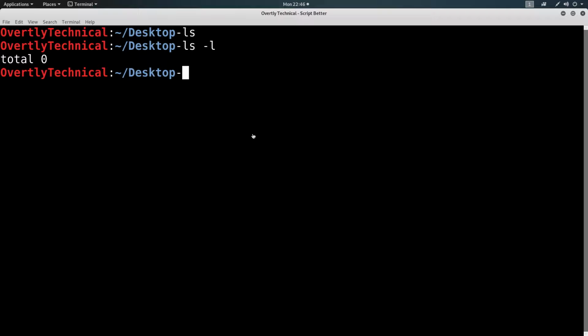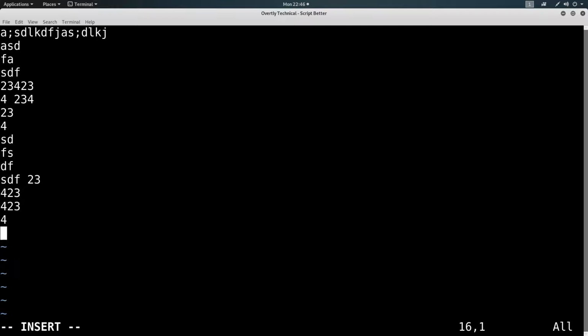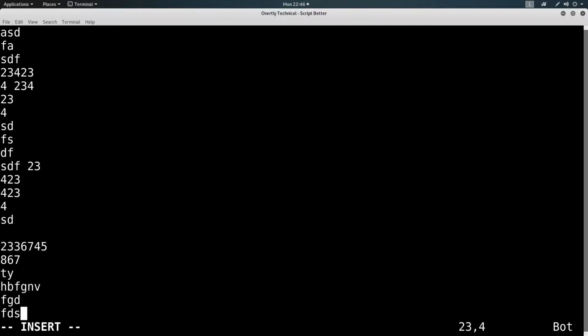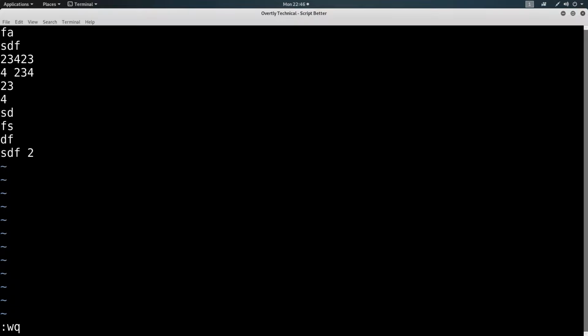I'll give you an example here. I'll give you an example by making a file, right? So vi randomfile. I'll make a file, and the name of it is literally randomfile. And in it, I'm just going to put trash data. There's no format. I'm just mashing on the keys here. That might be a little bit too long. That's fine. It's random data, and I'm going to save it.